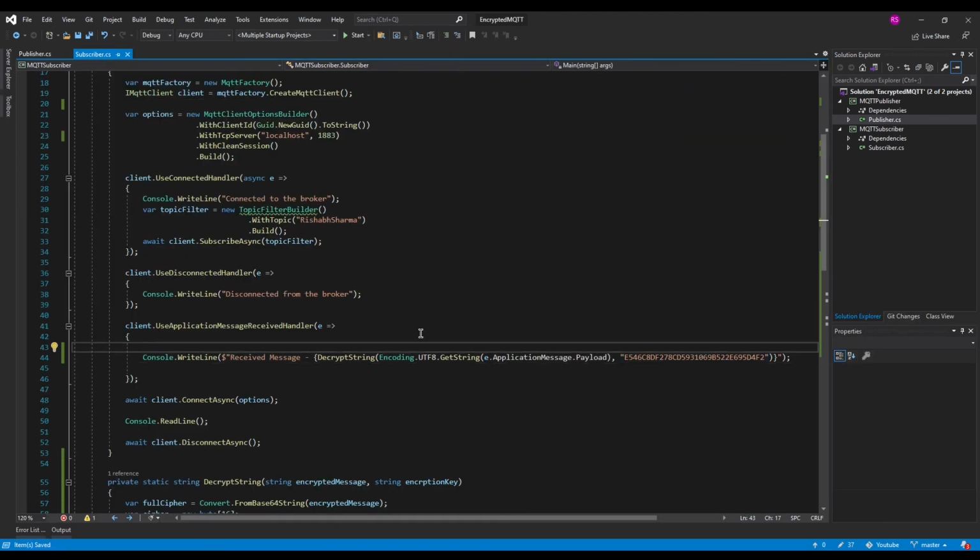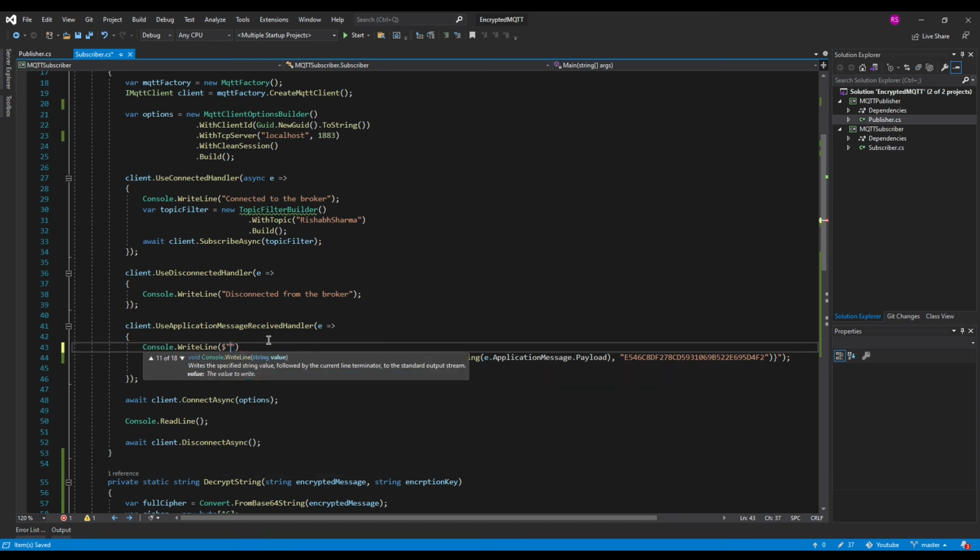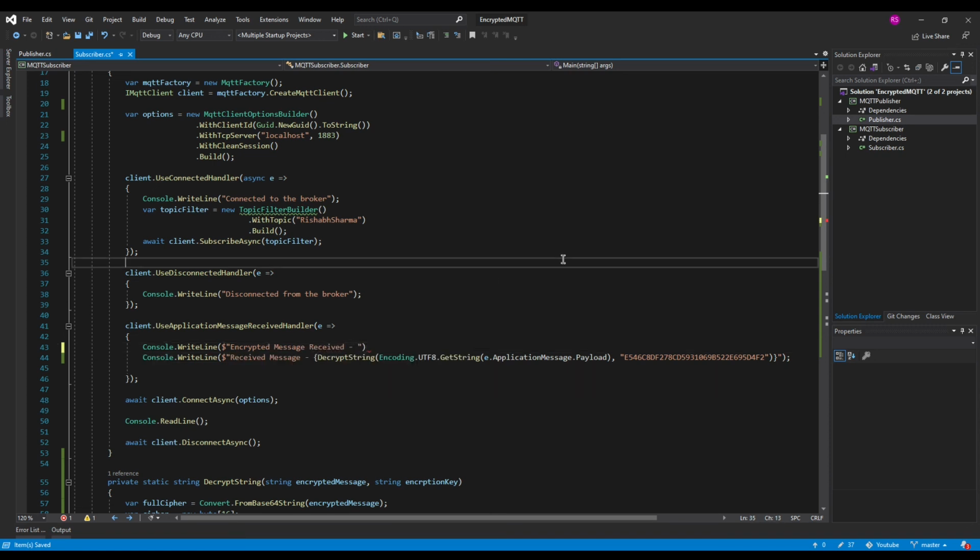So now if we want to see what a third party client will see in case that particular client does not have this encryption key, we can print the encrypted message as well in the console, for which we will print this payload itself.